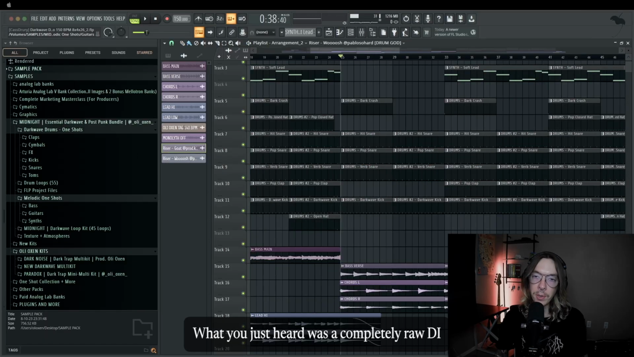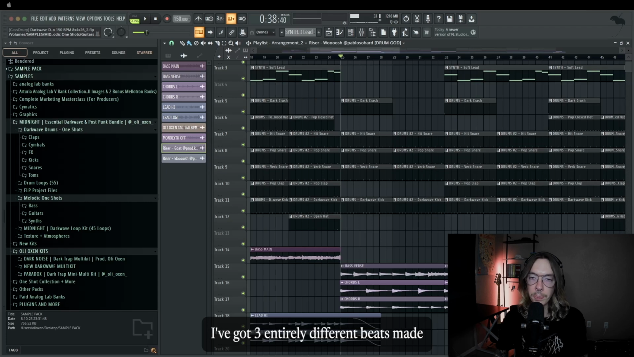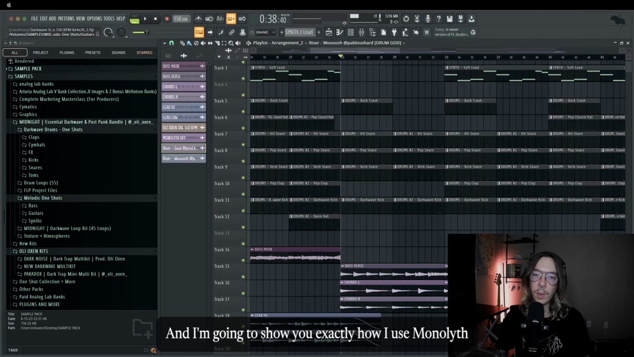just heard was a completely raw DI guitar and bass transformed into a massive mix using exactly one multi-effects plugin. Today we're taking a look into MONOLYTH by prod.shadow. I've got 3 entirely different beats made from scratch, including some darkwave, post-punk, and industrial type of sounds. And I'm going to show you exactly how I use MONOLYTH to process every element in these mixes to get